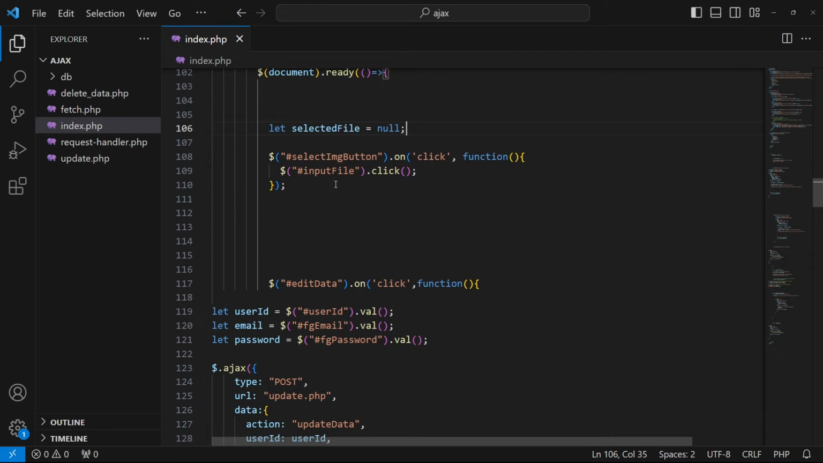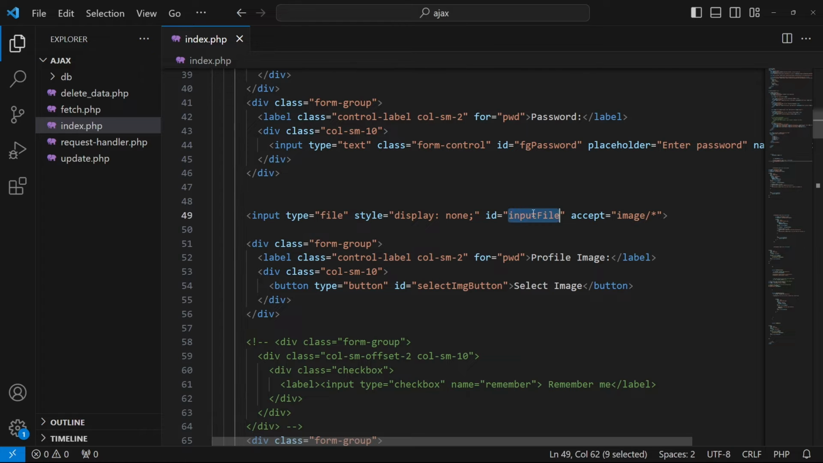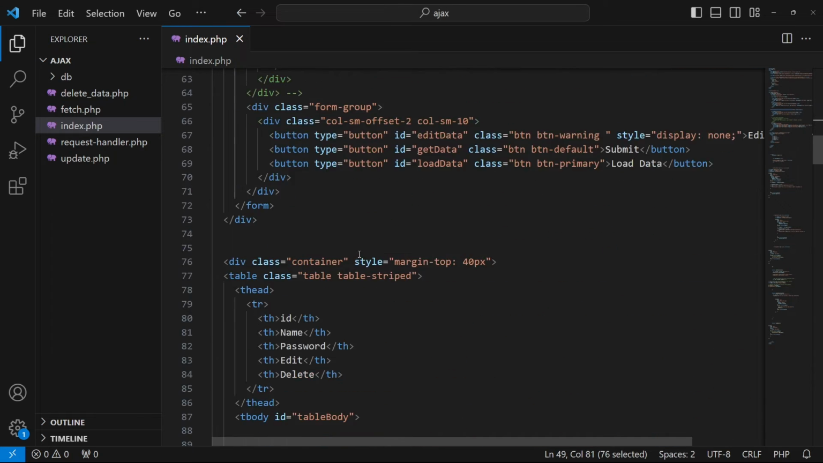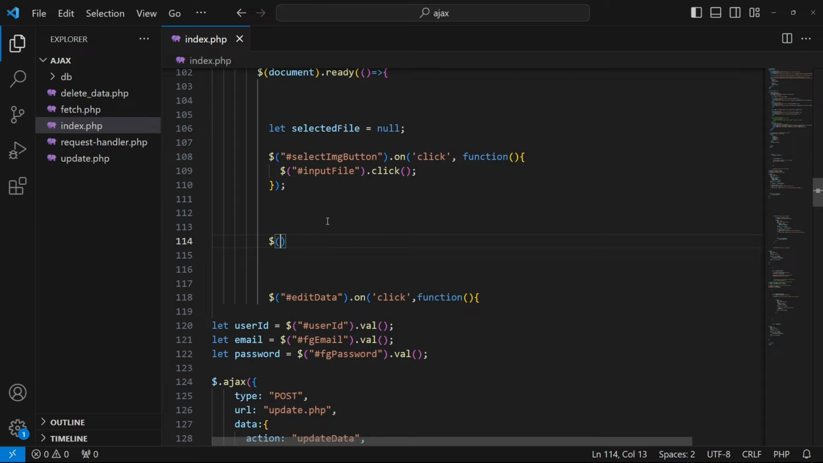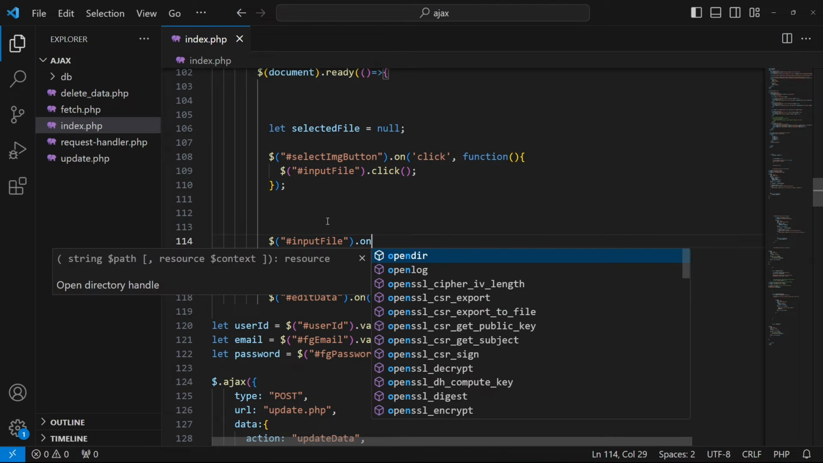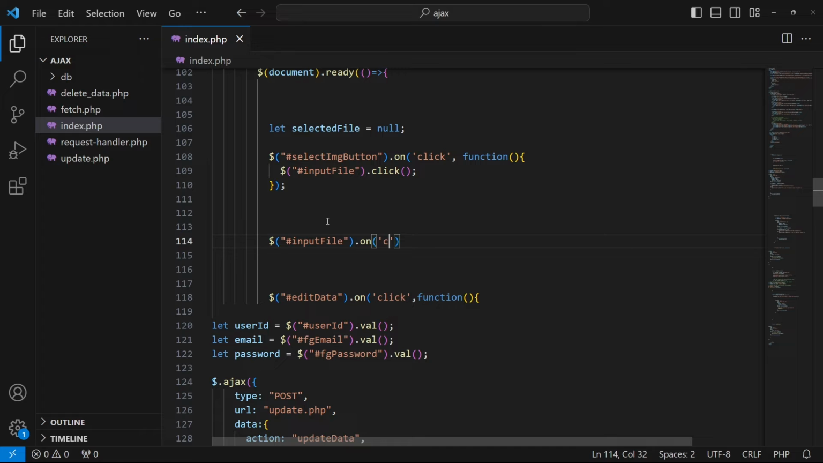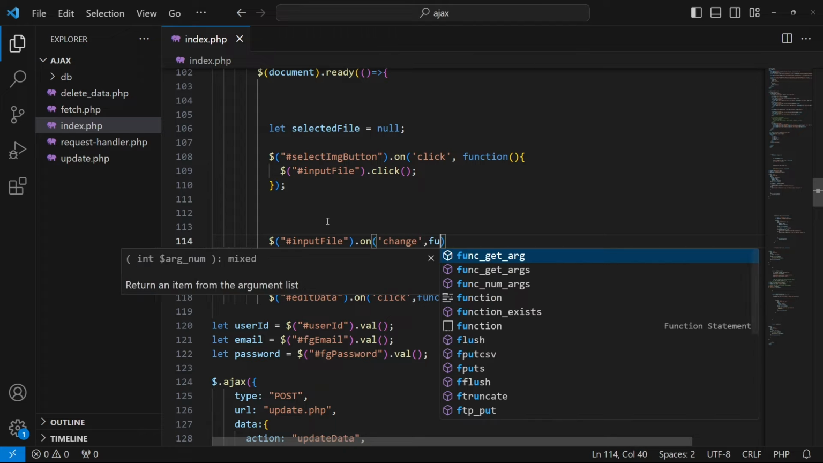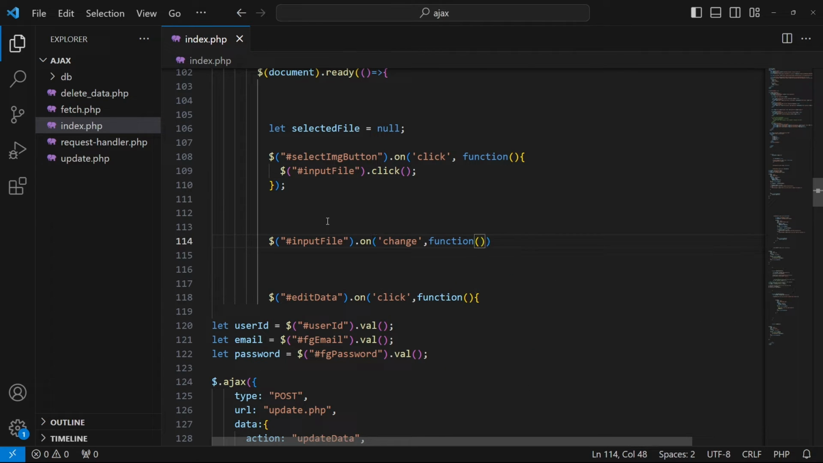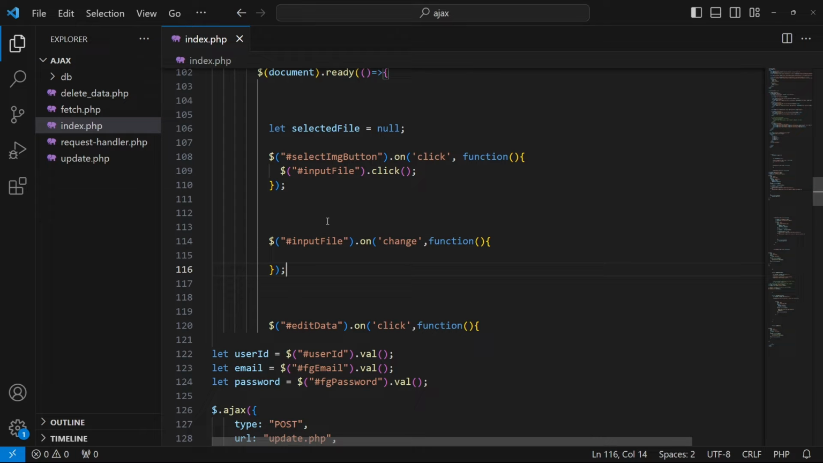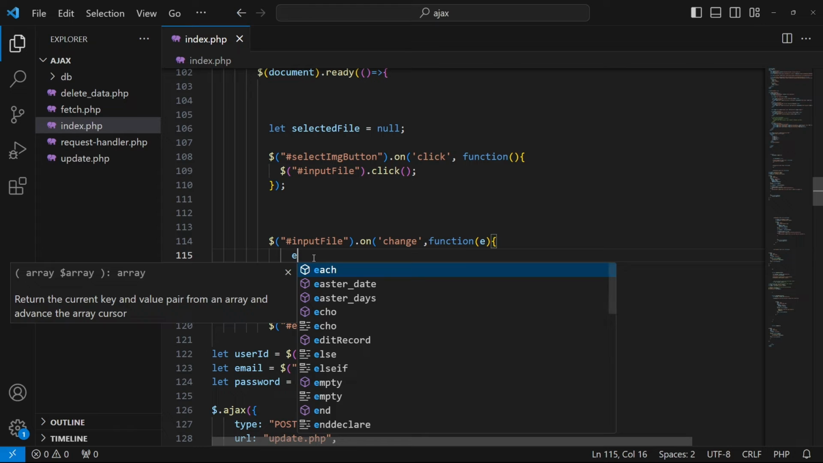Now we have to copy the ID of this input field, scroll down, and here again write $ hash, our ID, dot on, and the first parameter would be change, and the second parameter would be a callback function. Here I will press a semicolon. Here we have to define e. You can define anything like element, simple e, or whatever you want, but we have to use this parameter inside this function. So here I will type e dot